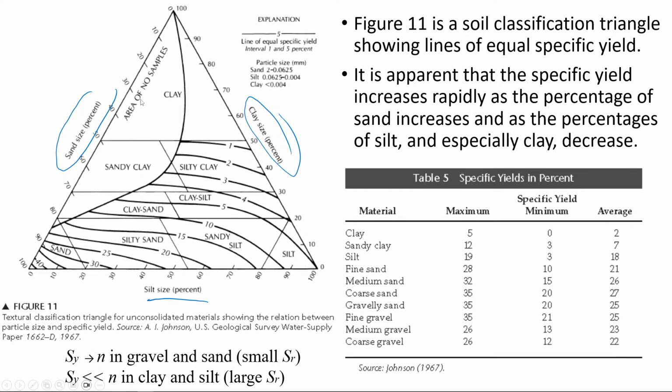You see silt and clay, sand would be very small, and sand, clay, silt, silty clay, basically what you see here would be the percentage in the sample, and that would be the specific yield. So here the specific yield is very small, versus if you have very small silt and clay size